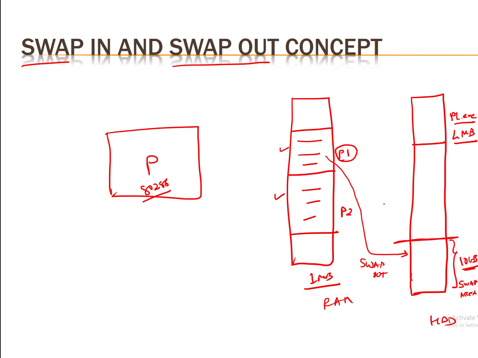Later on, if process P1 wants to execute code which has already been executed, it brings that data from the swap area back into RAM. But before that, it performs swap out, and then it performs swap in. This process is known as swapping. Swap out and swap in are performed to transfer data between RAM and the hard disk drive, the virtual area or swap area, and then it is executed by the microprocessor. This swap in and swap out is supported from the 80286 onward.